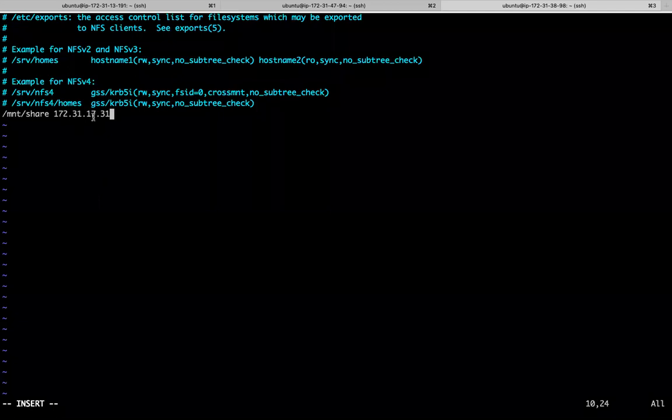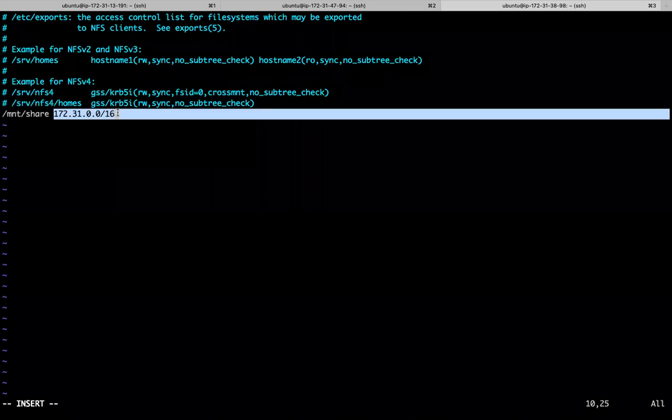I am allowing only this client to this path, right? I can give a range also, like 172.x.0.0/16, the VPC CIDR. I can give something like this.